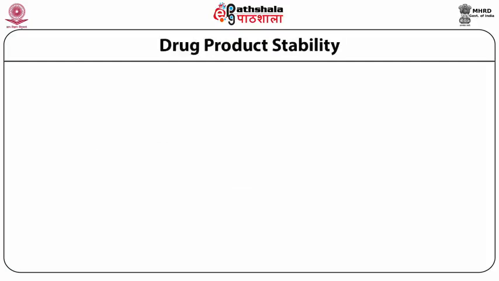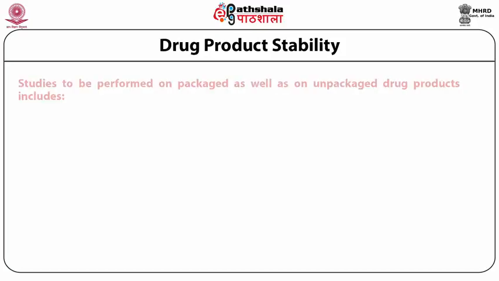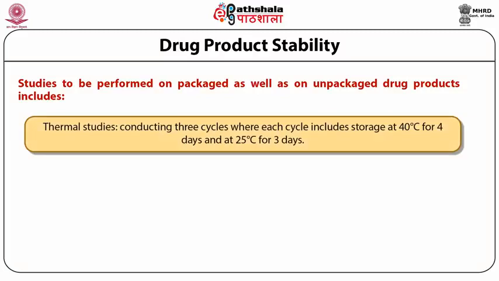Stability studies are necessary to support the storage and shipment of the drug product. These studies are done on packaged as well as unpackaged drug products. Typically, two types of studies are conducted. The first is thermal studies and the second is freeze-thaw studies. Thermal studies are done for all products by exposing the drug products to a few temperature cycles. For example, conducting 3 cycles where each cycle includes the drug product first stored at 40 degrees centigrade for 4 days